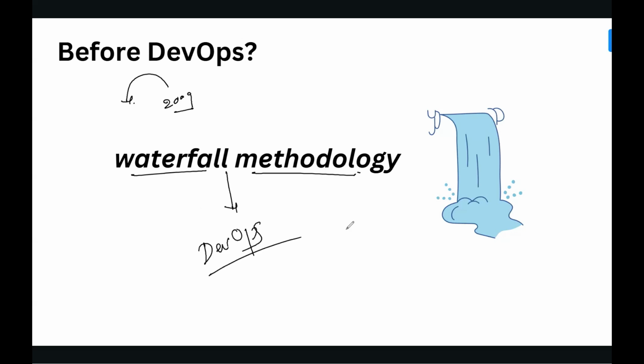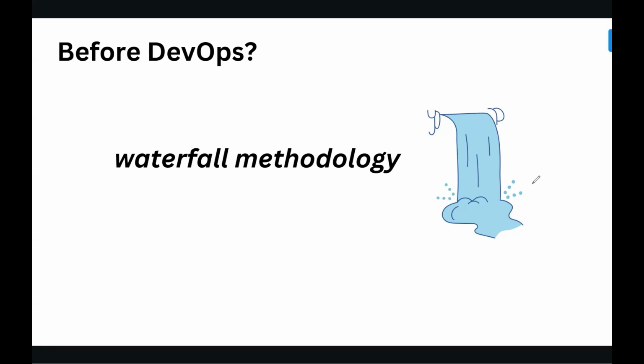ultimately in the waterfall model, we are having some drawbacks. Right or not? So what were the drawbacks? Let me tell you with a simple example. Let's say this is me. I am at a waterfall. Let's say my water started here.